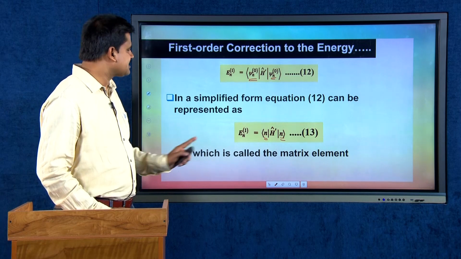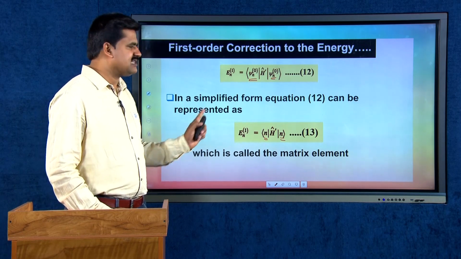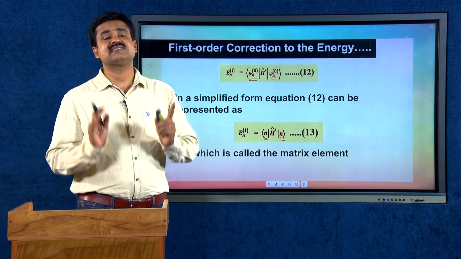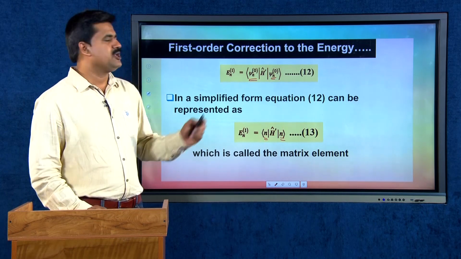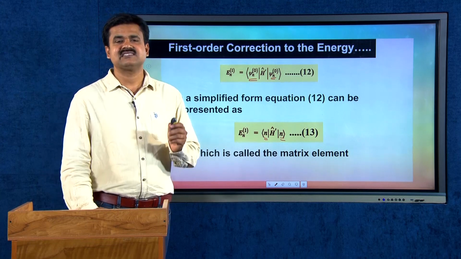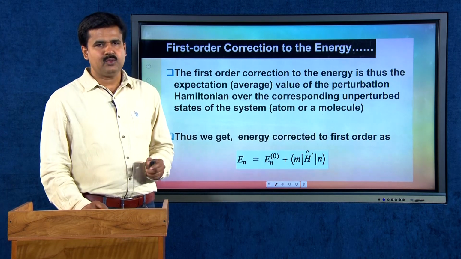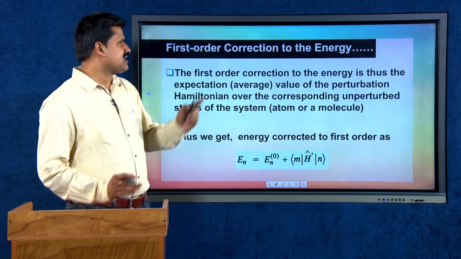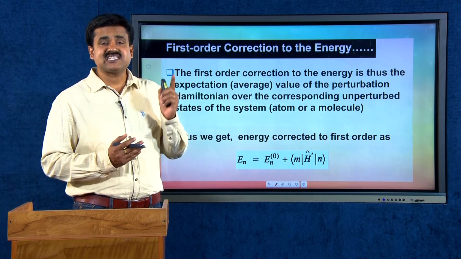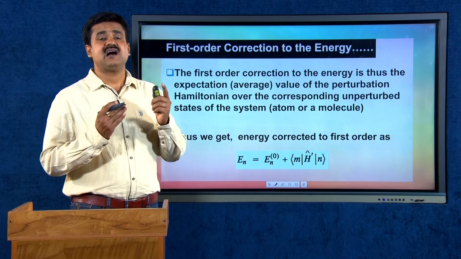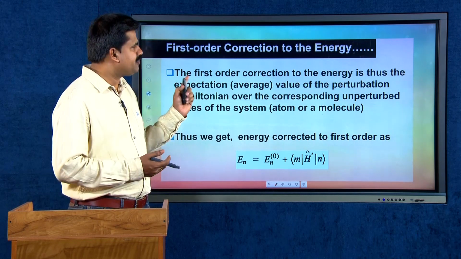This result is termed a matrix element. Equation number 13 can be considered a matrix element. Now, the first order correction to the energy is thus the expectation value, or the average value, of the perturbation